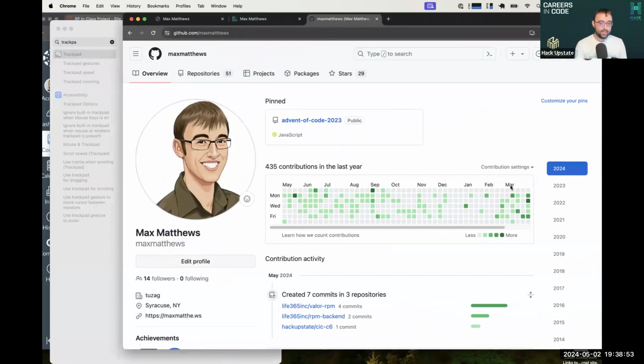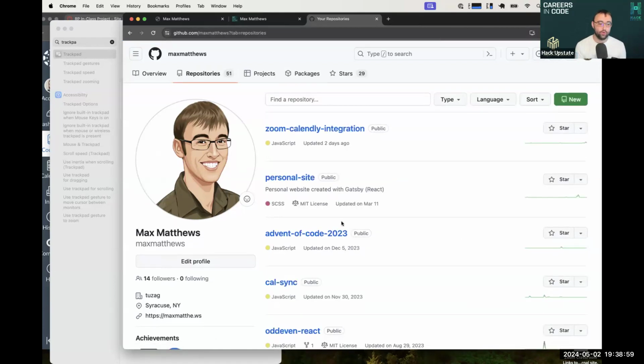this is what my GitHub looks like. And in my GitHub, I have 51 different repositories that I have worked on. One is my personal site. This Zoom Calendly integration is another. As a recruiter or as someone trying to hire me, how am I supposed to know what projects to look at here? Well, I could snoop around and see what's public, but there are certain things in my GitHub repositories